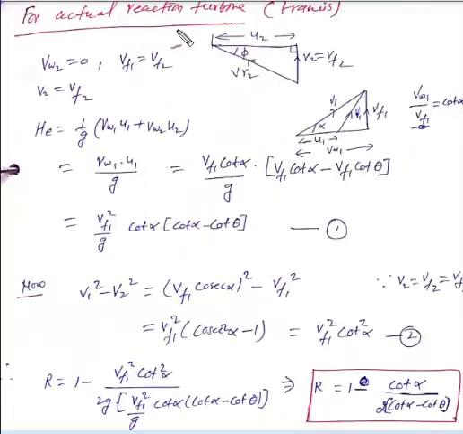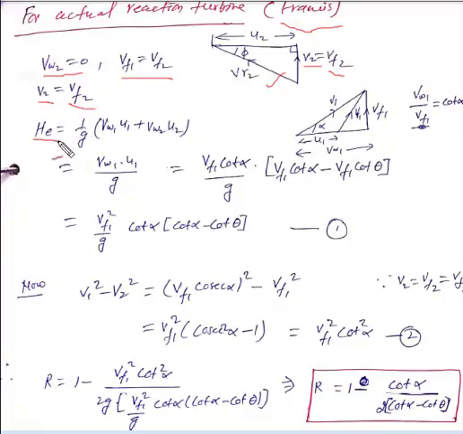But for an actual reaction turbine, here we have taken the Francis turbine, that is a radial reaction turbine. Here is the outlet triangle of this turbine. In this we can see V2 is equal to Vf2. This is a radial outward flow turbine. From this triangle we get that the whirl component at outlet is 0. Therefore V2 is equal to Vf2, and since there is no loss over the blade vanes, the flow velocity at inlet will be equal to the flow velocity at outlet. It means Vf1 is equal to Vf2.